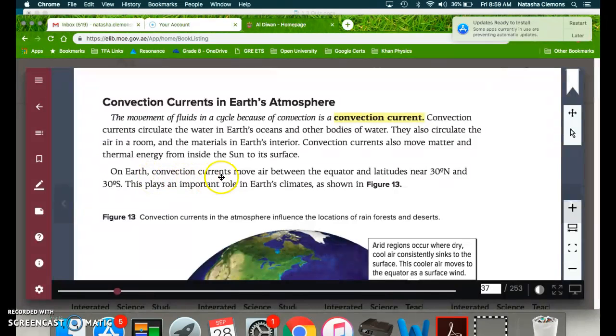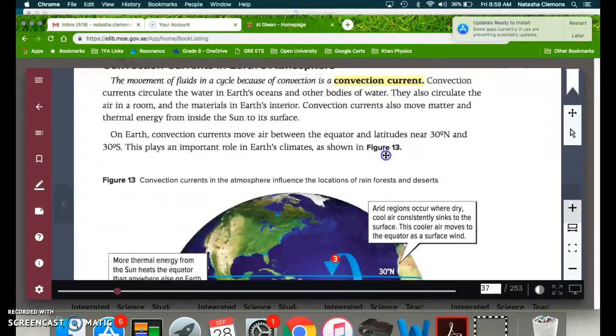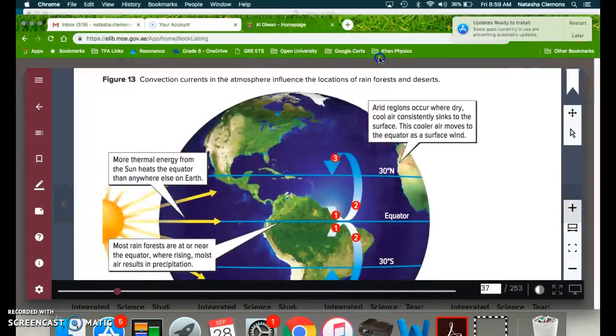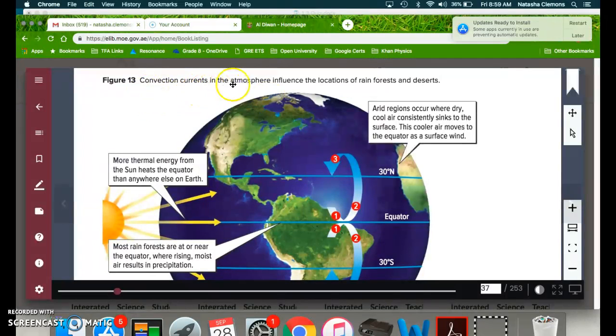On Earth, convection currents move air between the equator and latitudes near 30 degrees north and 30 degrees south. This plays an important role in Earth's climates, as shown in Figure 13. Figure 13, currents in the atmosphere influence the locations of